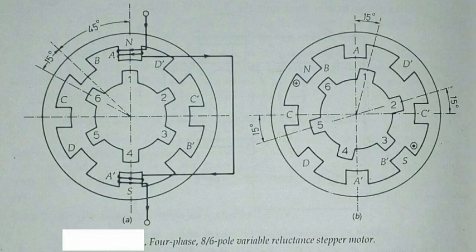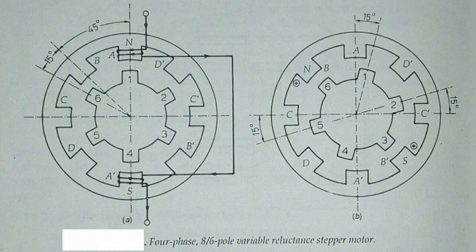The step angle can be reduced from 90 degree to 45 degree by exciting phases in sequence A, A plus B, B, B plus C, C, C plus D, D, D plus A, A. Here A plus B means that phase windings A and B are excited together and the resultant stator field will be midway between the poles carrying phase windings A and B. That is, the resultant field axis makes an angle of 45 degree with the axis of pole A in clockwise direction.